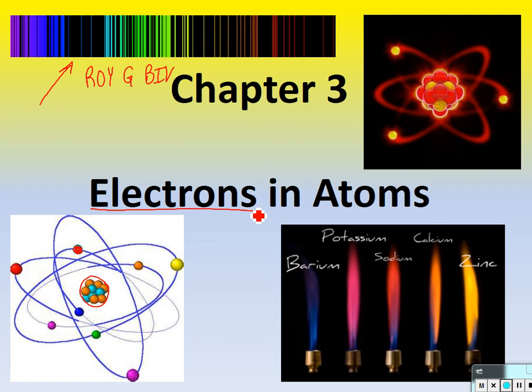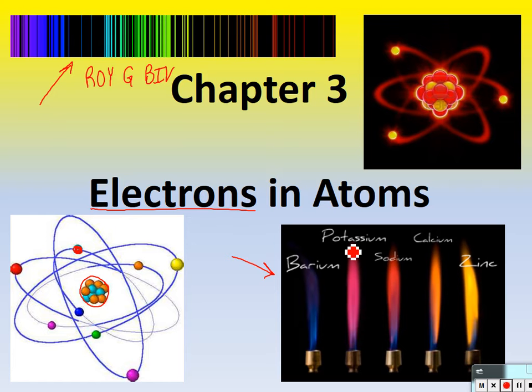This is just another picture I picked up off the internet. A cool picture of the atom and some electrons there. And we're going to do a lab in this chapter. It's called the flame test lab, and this is a picture of what you're going to be doing. You're going to be lighting different elements on fire and watching what color they will burn. What's really cool is that all of the elements have their unique color of light that they give off. And so you will be able to see that. In fact, that's